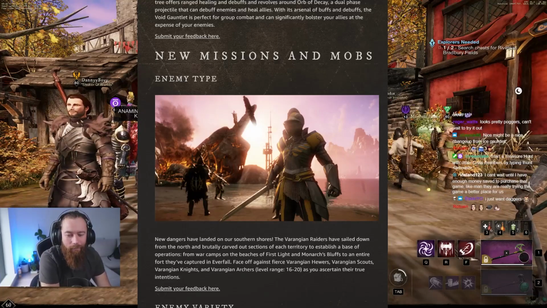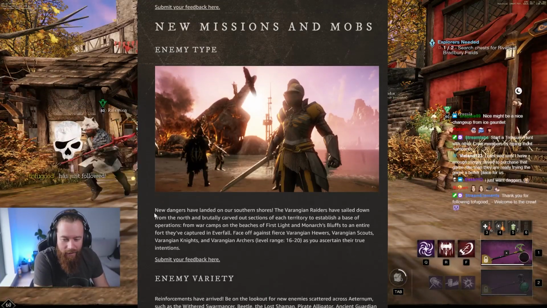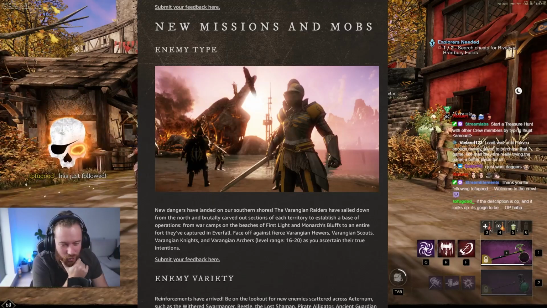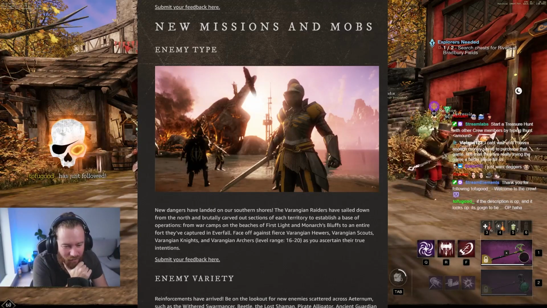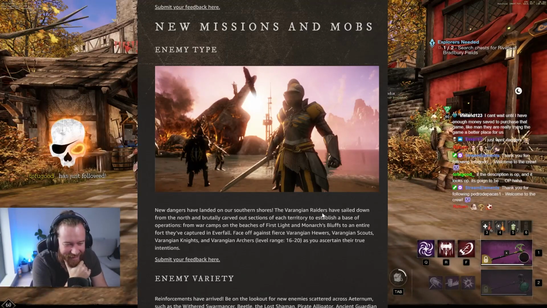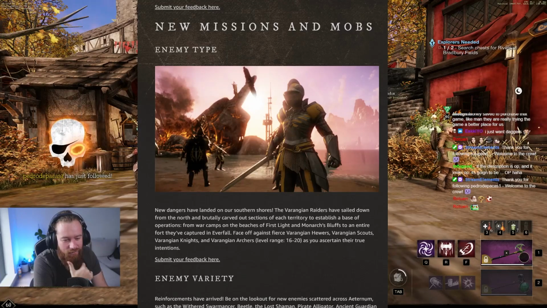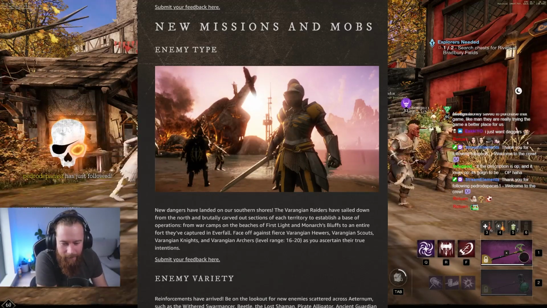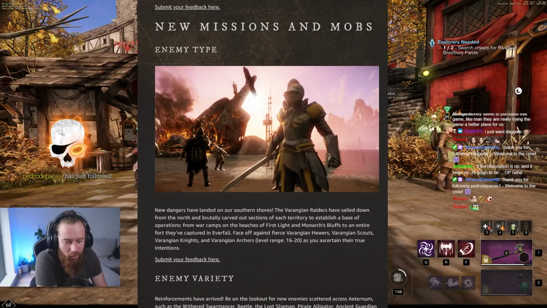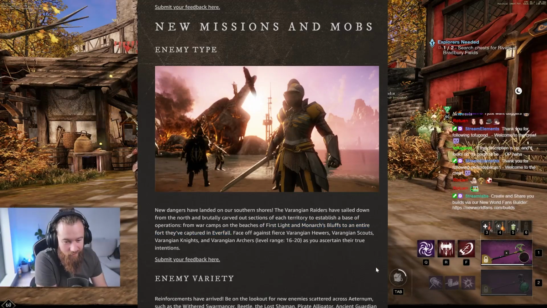So new missions and mobs. Bloody hell, that's a mouthful. New dangers have landed on our southern shores. The Varangian raiders have sailed down from the north and brutally carved out sections of each territory to establish a base of operations. From war camps on the beaches of First Light and Monarch's Bluff to an entire fort they've captured in Everfall. Face off against fierce